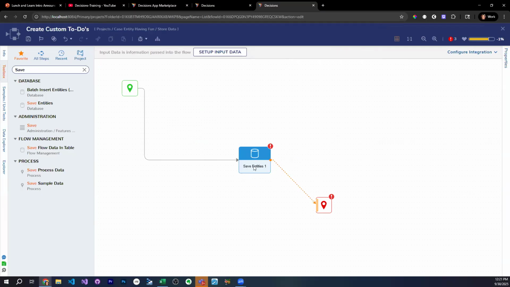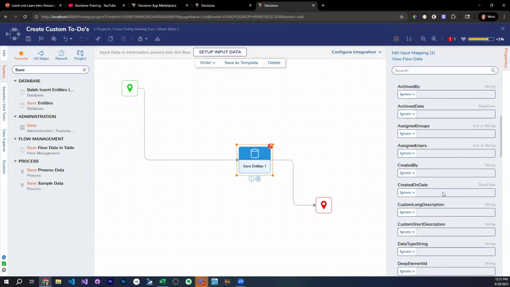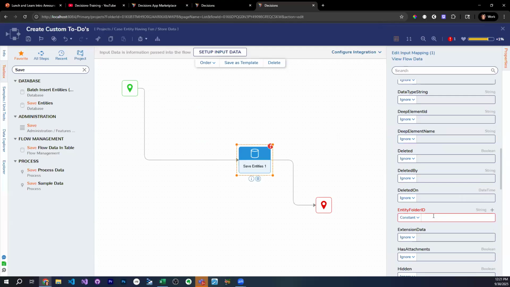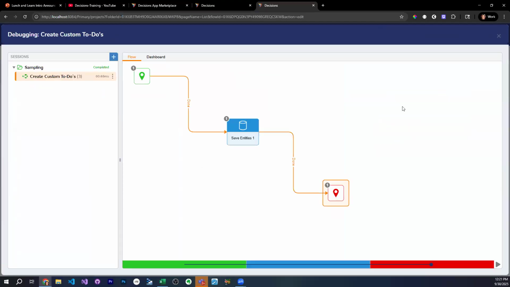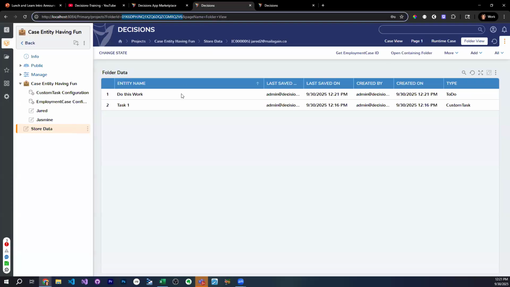Move this here, move that there. And then we'll do entity folder ID, boom, bang. Okay, cool. So now it'll blow up. It doesn't. I like it. Look at that. Okay, cool. Oh, cool. And now let us see,